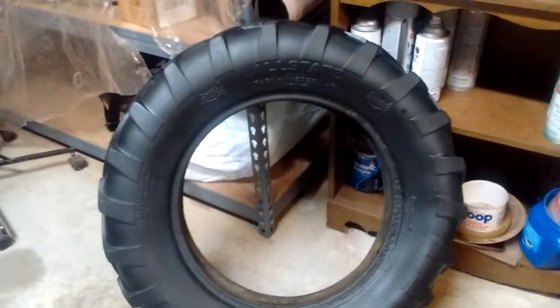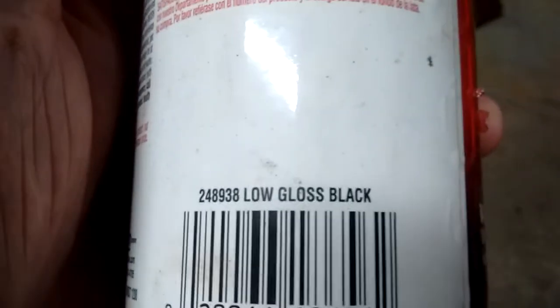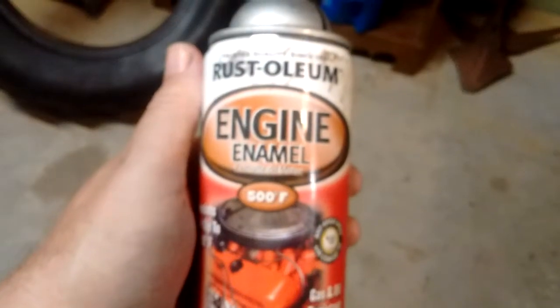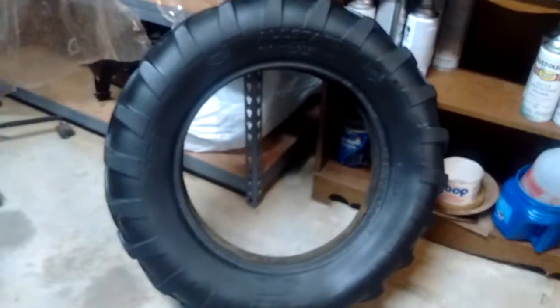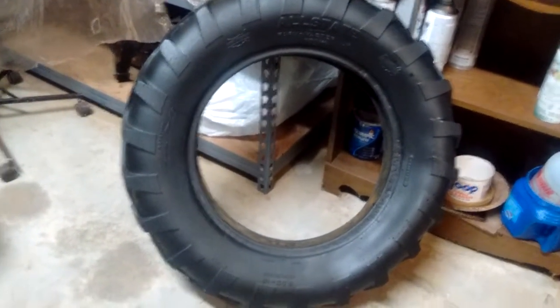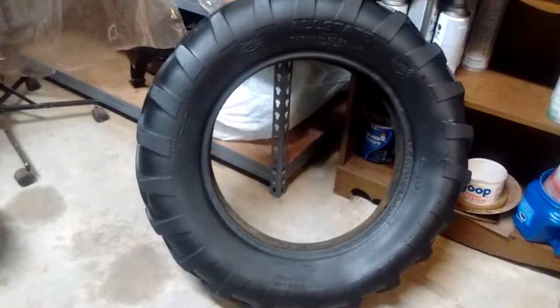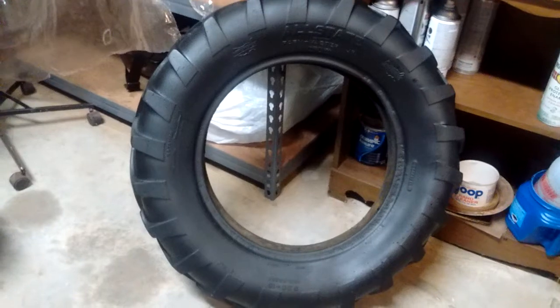Believe it or not, all I did is got a can of low gloss black Rust-Oleum engine paint, engine enamel. And at first I was just spray painting where they had red paint on this side, but when it dried it was the same color as the tire. So I cleaned it up